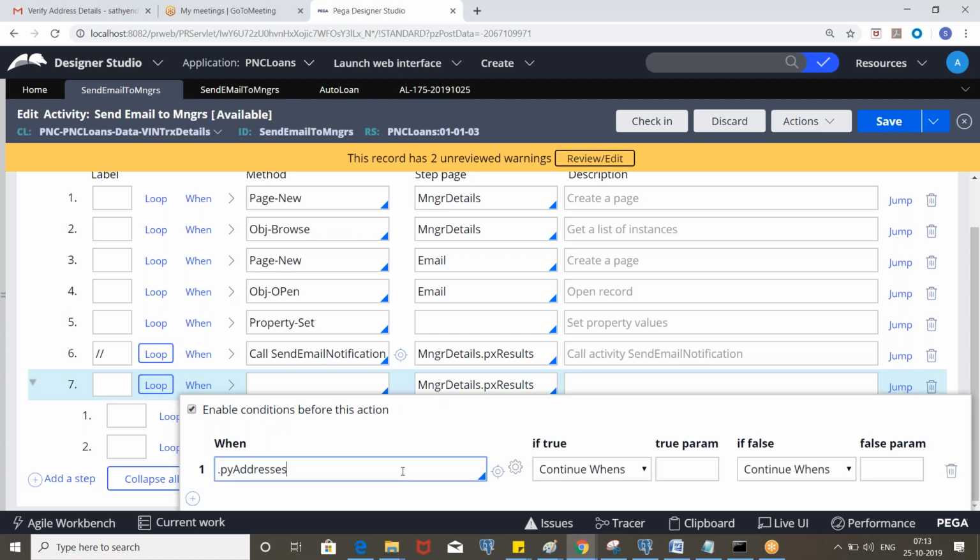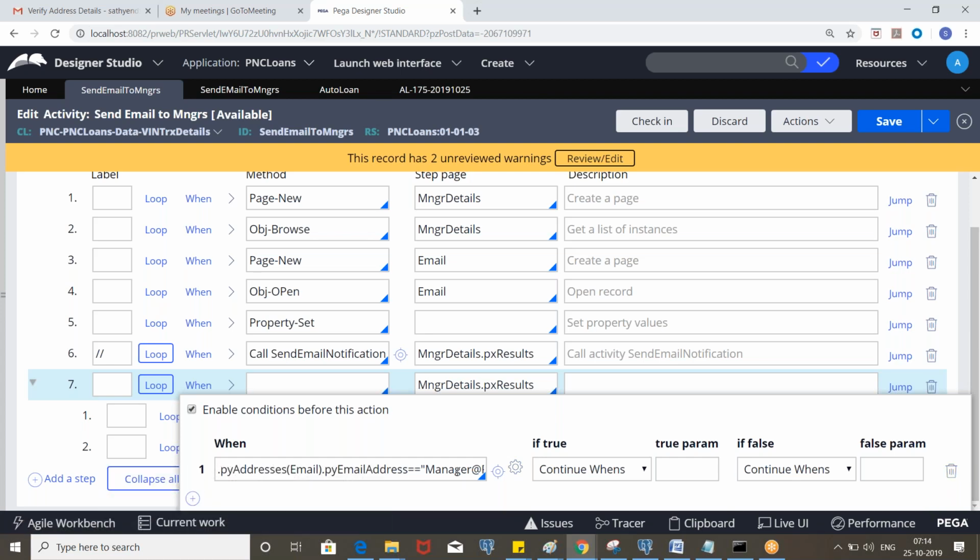Or you can create a when rule, and in the data admin operator ID class, you can call that. Since we are putting only one condition, you can put it like this. If you have multiple conditions, you can define them one by one like this, right?